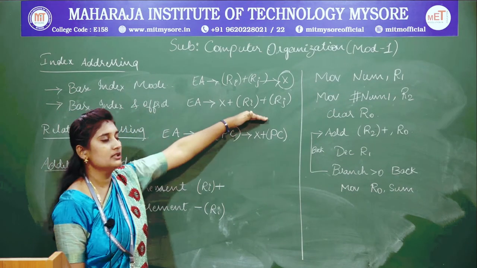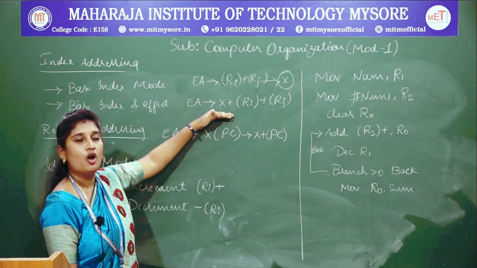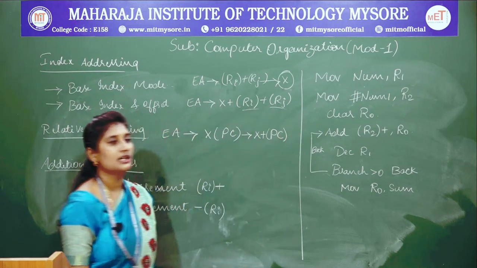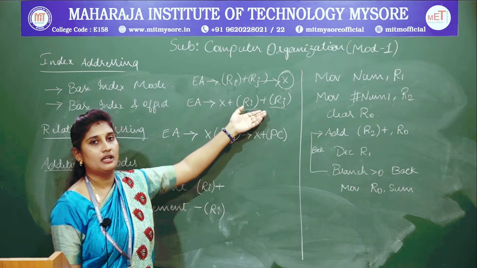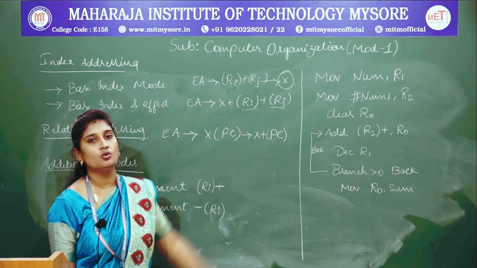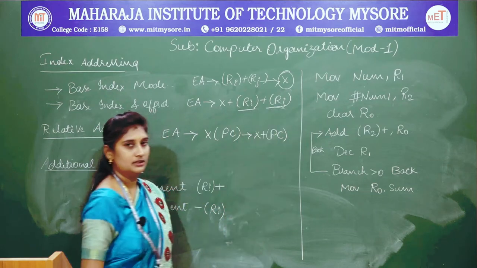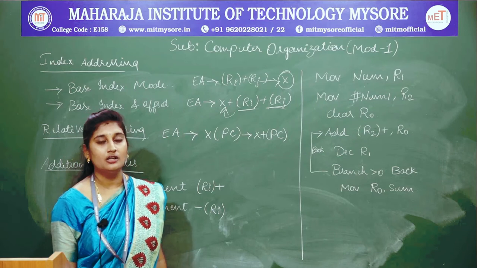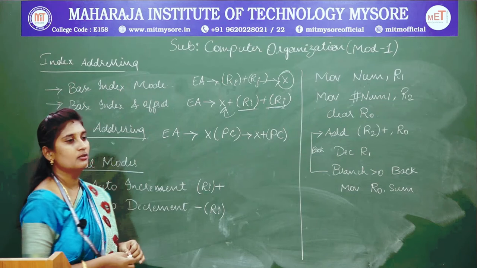Fine. So the second variation is base with index and offset mode. Again you will be using two registers, along with an offset or displacement value. For what purpose are these two registers used? Again, these two registers are used to carry the operands. So if you are carrying two operand values, you can use two general purpose registers and one X value, that is the pure offset or displacement. Fine. This is all about your index addressing mode.